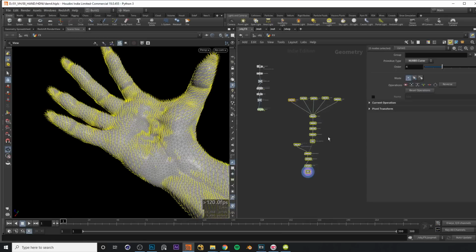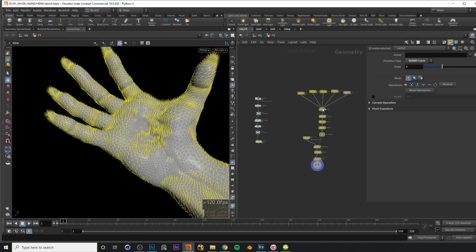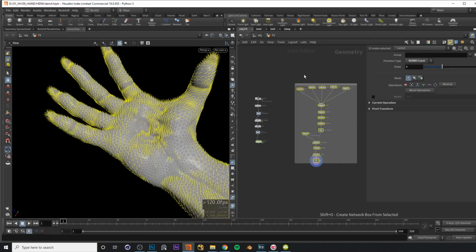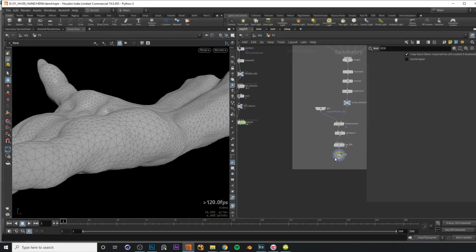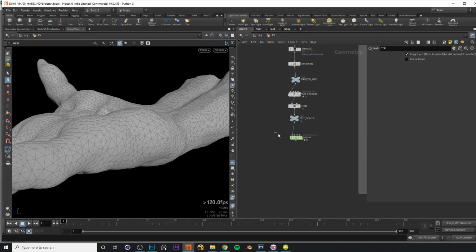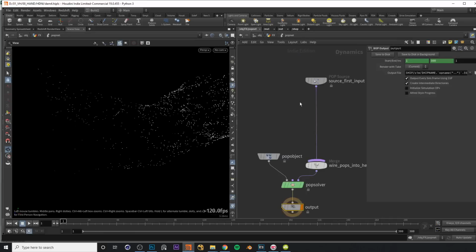And I'll just move all of these over here to the right. And we can also press Shift O and just encapsulate these nicely. So this will be our direction geometry. Okay, so now we have our direction geometry, and back inside our PopNet, we can dive inside the network and